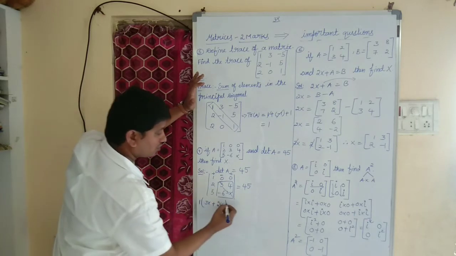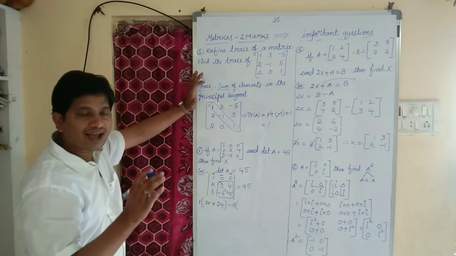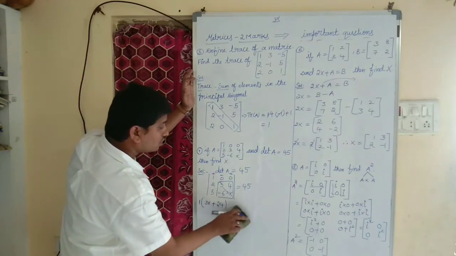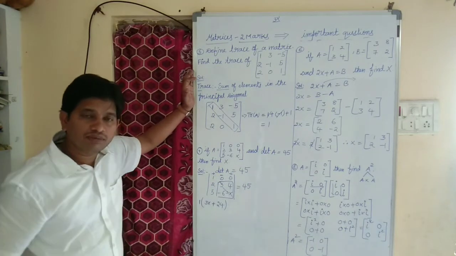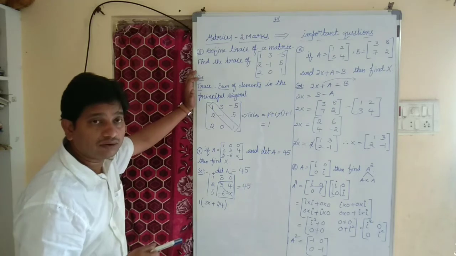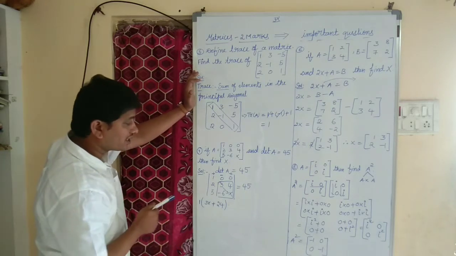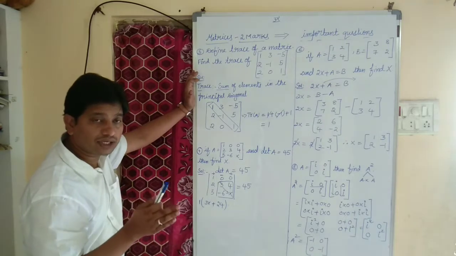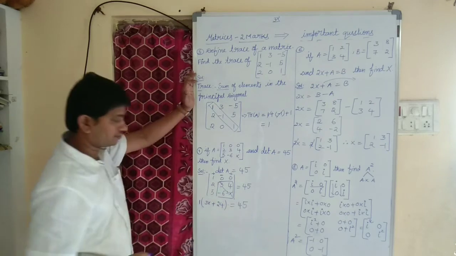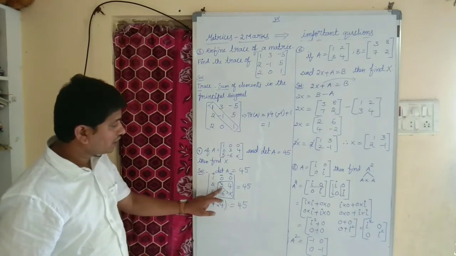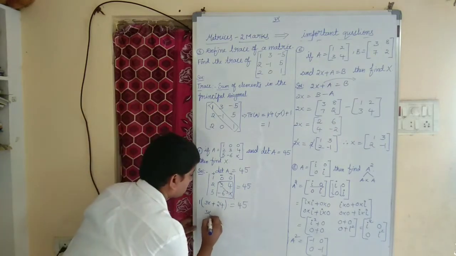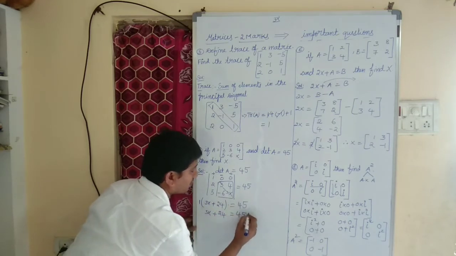Again minus 0 into something, 0 into something is 0. So children, no need of writing. Okay. Again the third element also, actually we have 0 only. 0 into something is 0. If at all any other element were there, we would have it, right? But in this case we have 0 elements in their respective positions, so no need of writing. Which is given in the question, equal to 45. So simply 1 into 3x, plus 6 into 4 is 24. So 3x plus 24 equal to 45.